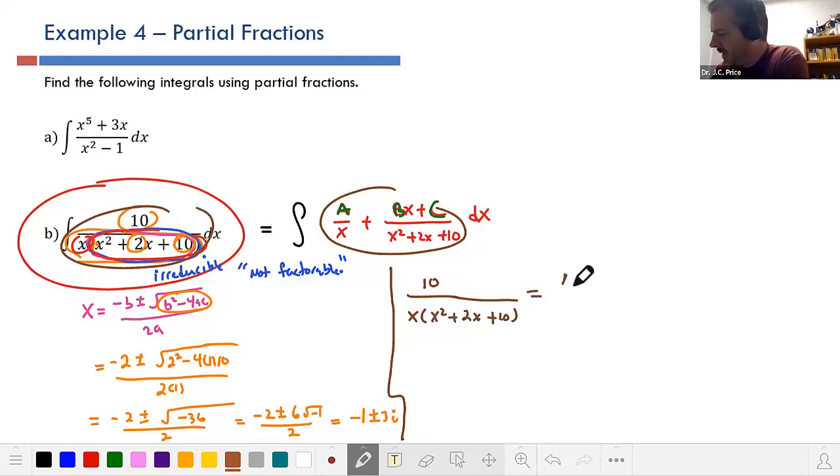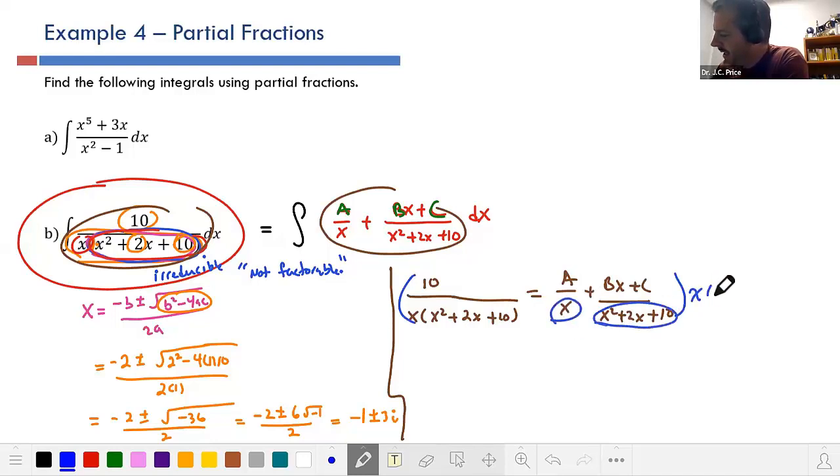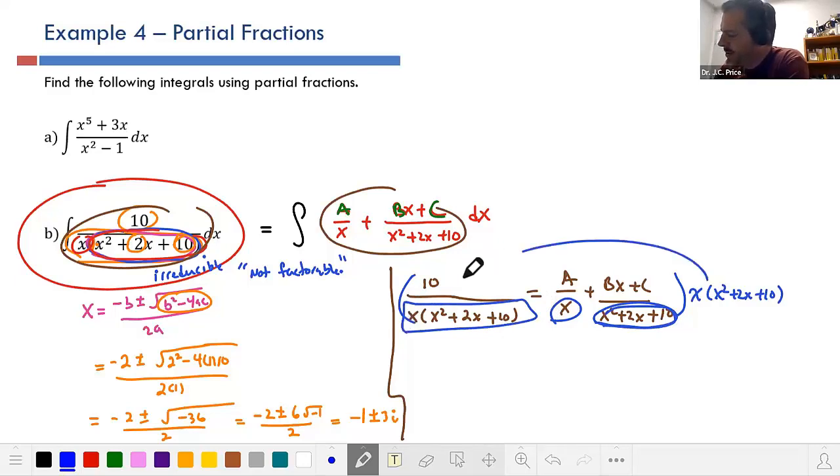And then that's equal to A divided by x plus Bx plus C over x squared plus 2x plus 10. And what I'm going to do is just clear those denominators here. So let's clear the denominators by multiplying everything by x, because that'll clear that out, and then everything by an x squared plus 2x plus 10, because that'll clear out that, and this will be cleared out by both of those. So I put this over here, and I just get back the number 10,